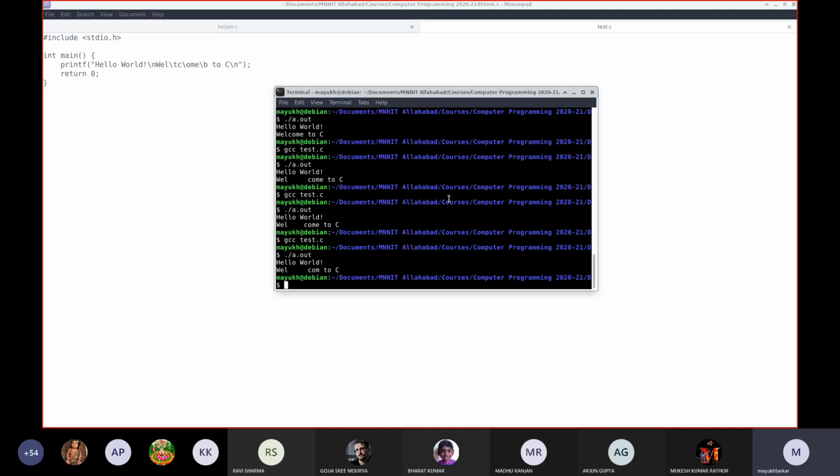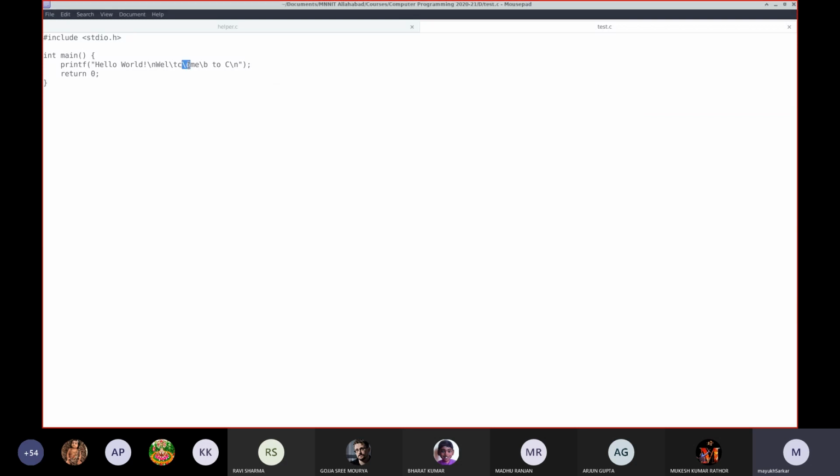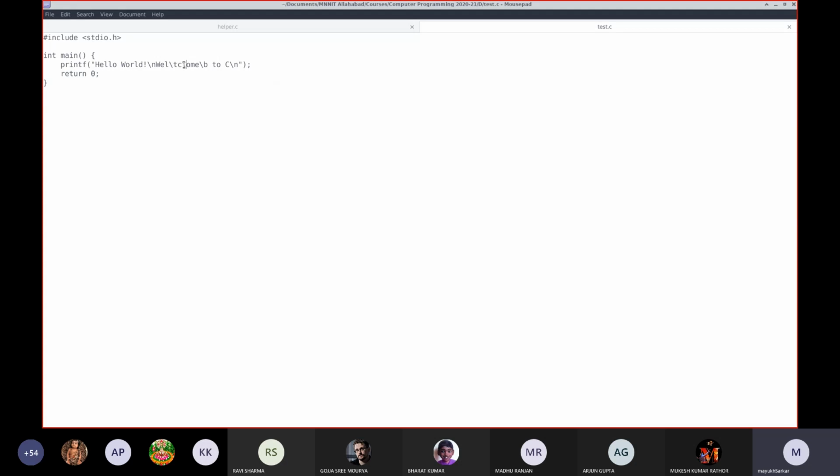If you compile this, you will see "unknown escape sequence \o", and when you print this, you will see that it has no effect. It only provides a warning that \o is an unknown escape sequence, and the backslash simply does not have any effect there.